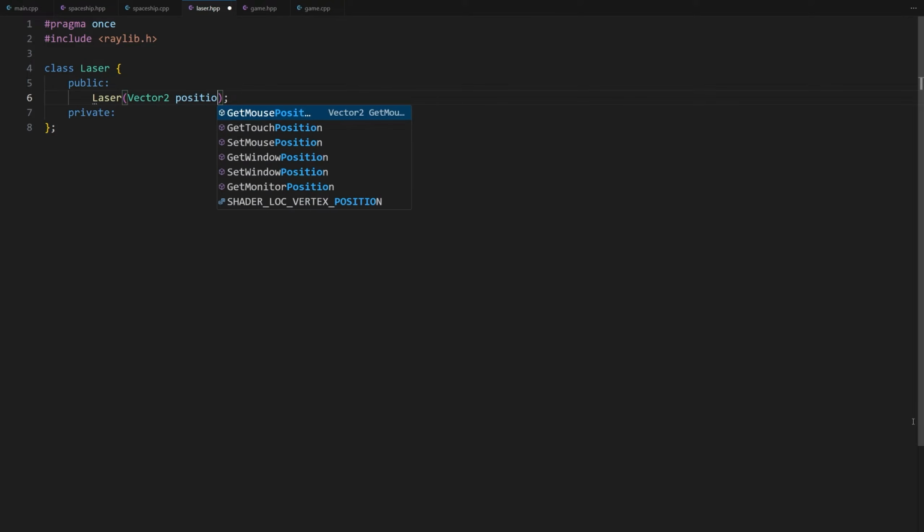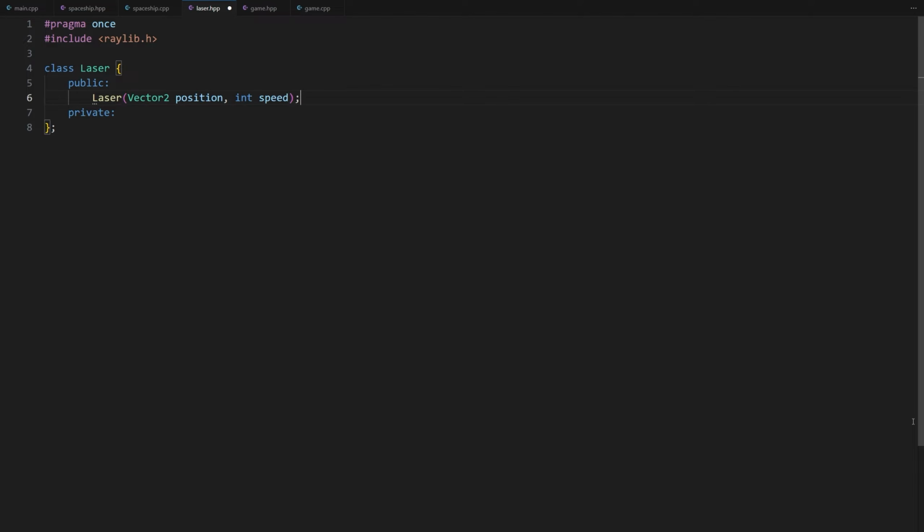Vector2 position, int speed. Of course, we also need an update method to update the position of the laser beam and a draw method to draw the laser on the screen. We will add more methods if we need them in the future, but for now, these 2 methods are all we need. Void update parenthesis and semicolon and void draw parenthesis and semicolon.